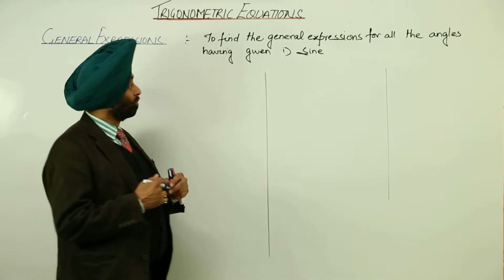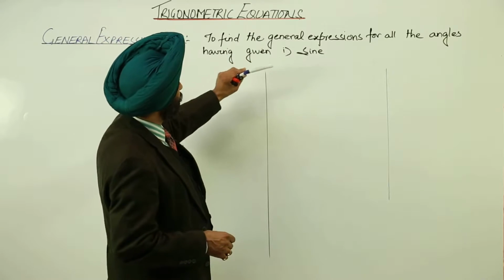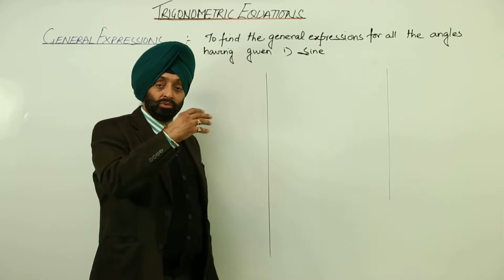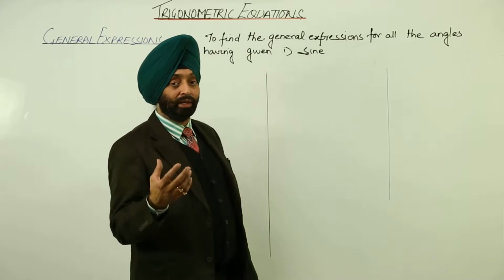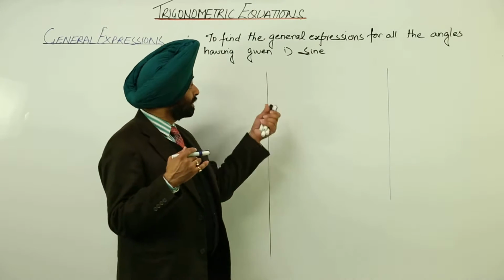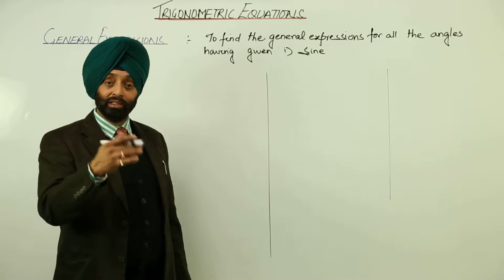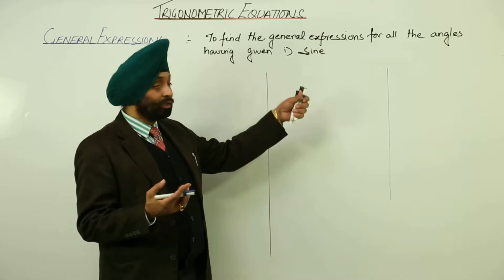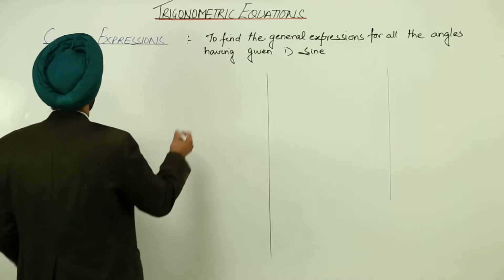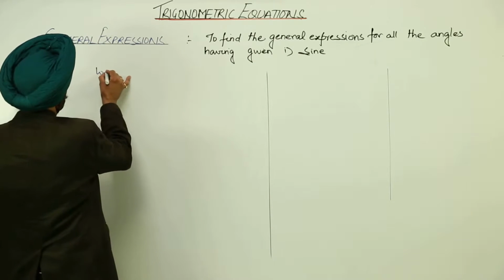The next important topic is to find the general expression for all the angles having the given sine. Now I am going to do sine, cosine and tangent separately. Earlier we found the general expression for all the angles having zero sine. Now all the angles having a given sine. So now we have